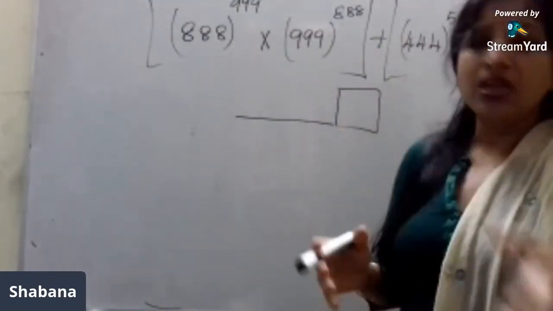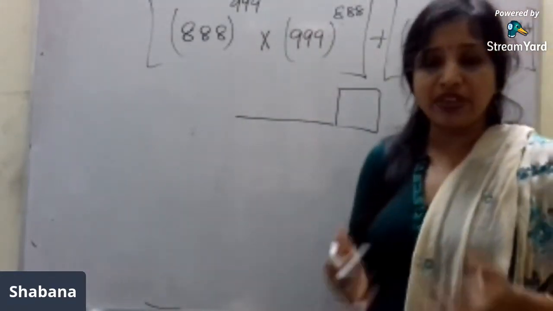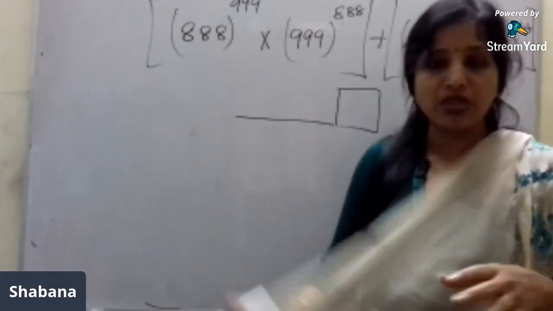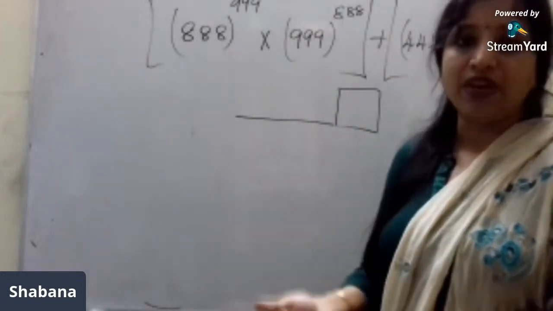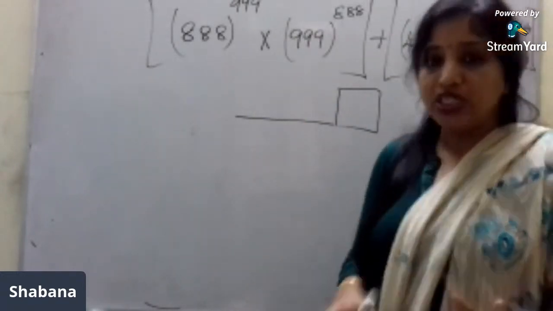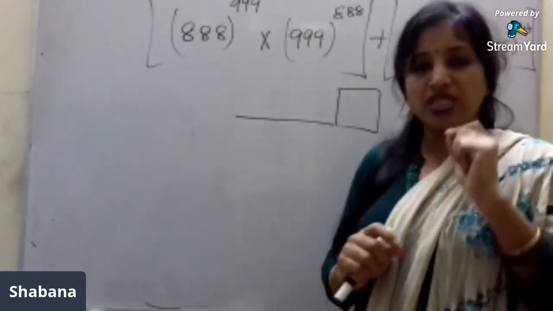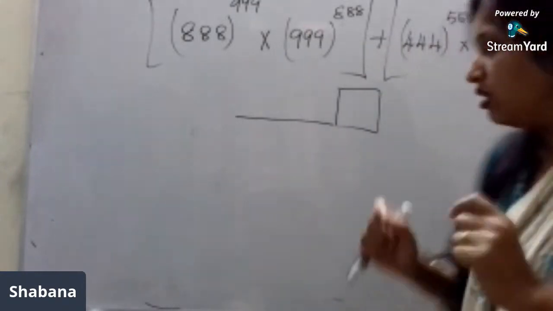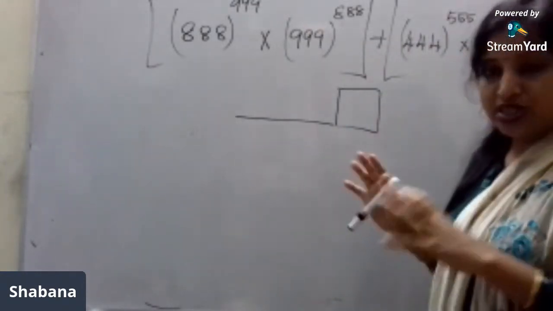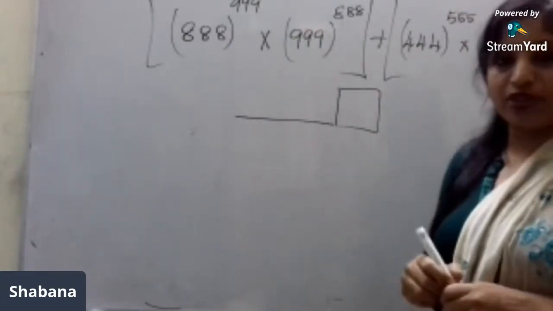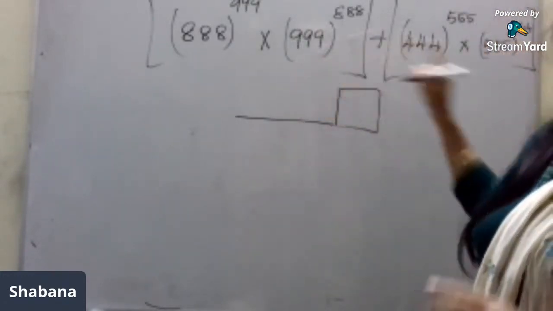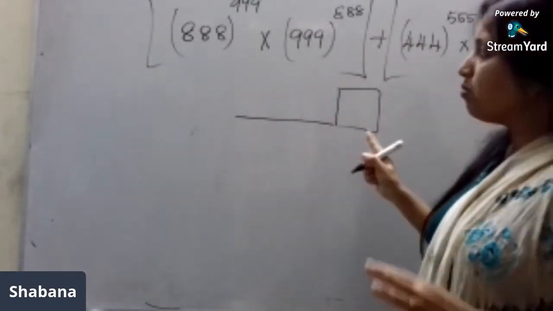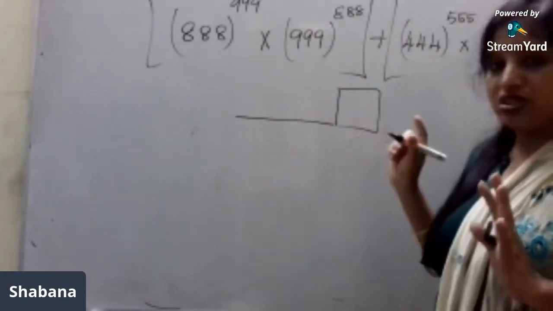There are a lot of methods. You have cycle numbers and everything, but I will never believe in cycle numbers because that's again time consuming. You have to remember the number, calculate its cycle value, and then take the problem ahead. Instead of that, there is a single, very short strategy to find the answer for this problem. The moment I see a problem like this, asking me to calculate only the last digit,